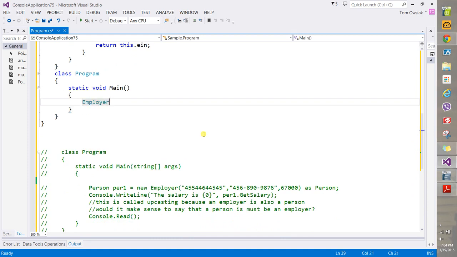So emp1 equals new Employer. Then you're going to specify the EIN here. Make up some number. Doesn't really matter that much what it is for our purposes. Comma, make up the person now. You know, I'm thinking of a person as an employer, or an employer as a person also. Make up some fake number there, and then comma, and then make up some salary